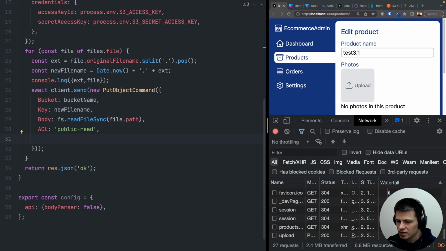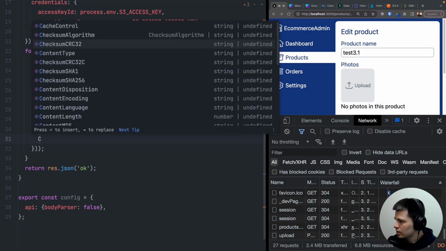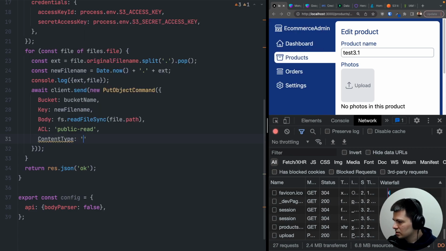And the last thing that we need here is actually content type. Because S3 likes to have more information about the file, what type of file it is, if it's a JPEG or what it is. The problem here is I cannot guess if it's always a JPEG or if it's always an image. So I'm going to